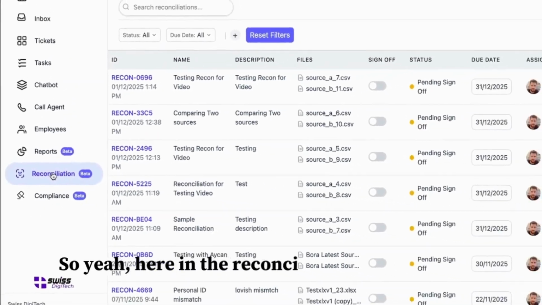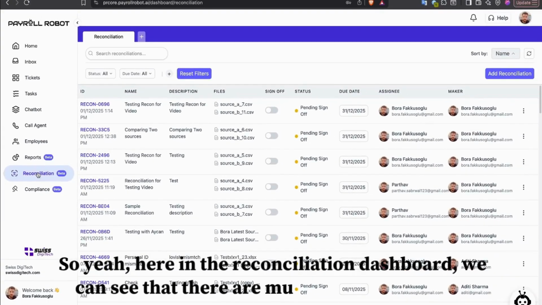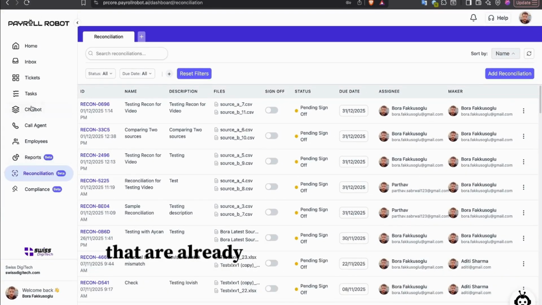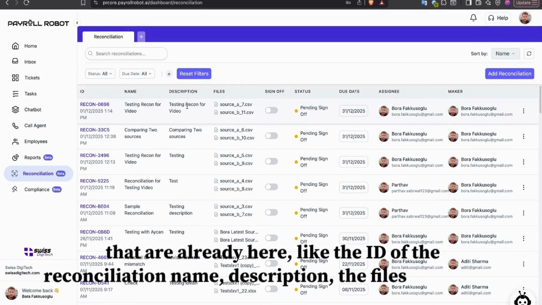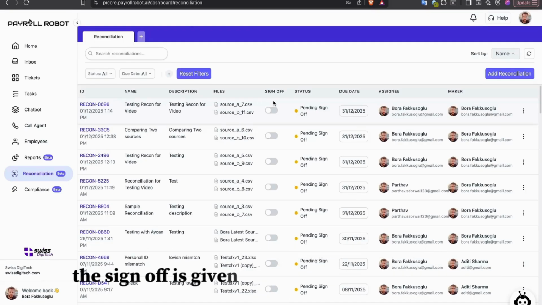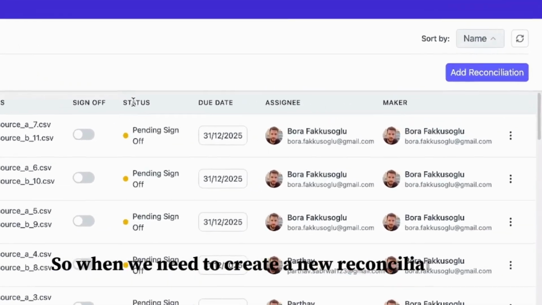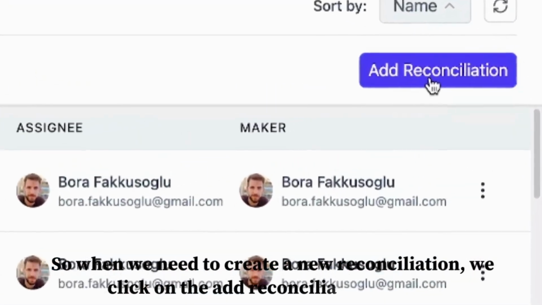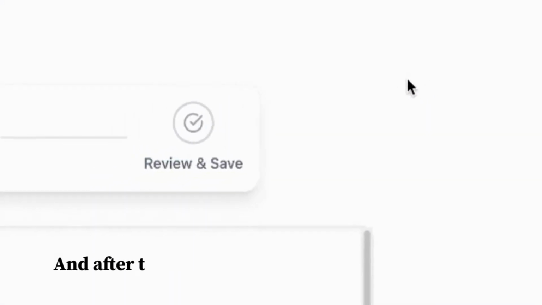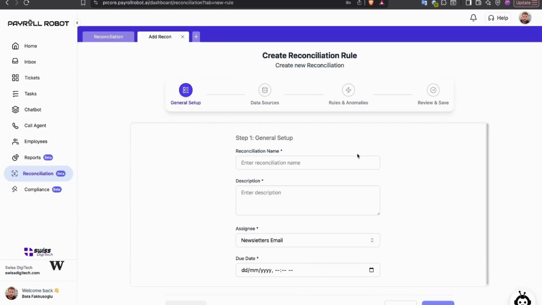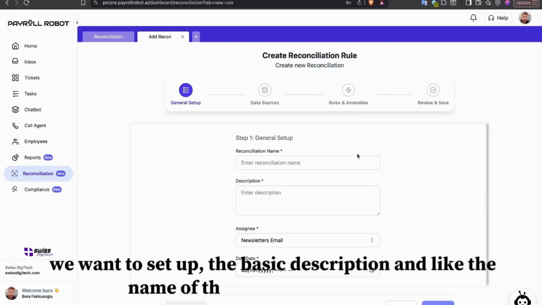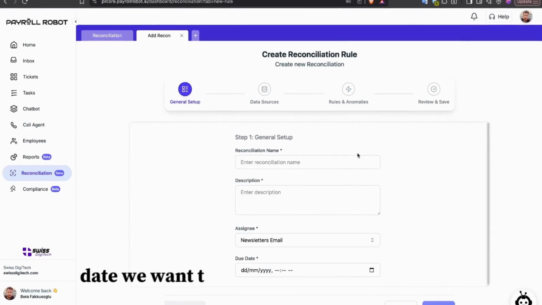Here in the reconciliation dashboard, we can see that there are multiple reconciliations already here, showing the ID of the reconciliation, name, description, the files uploaded, whether the sign off is given or not, and other things. When we need to create a new reconciliation, we click on the add reconciliation button here, and after that we need to fill in some basic details like the reconciliation name, a basic description, the name of the assignee, and the due date we want to set up for